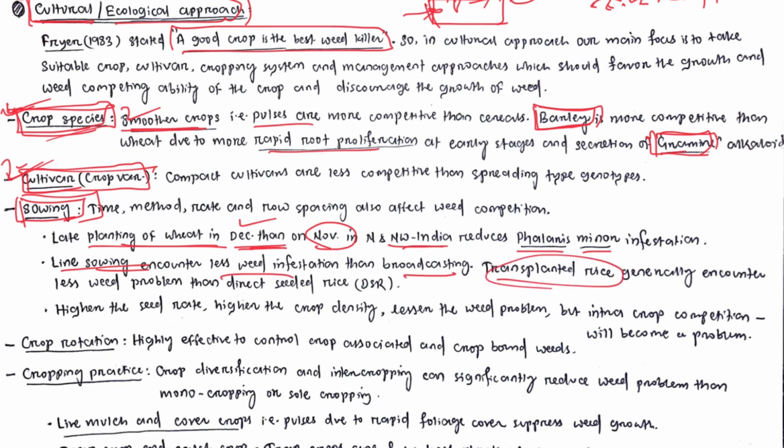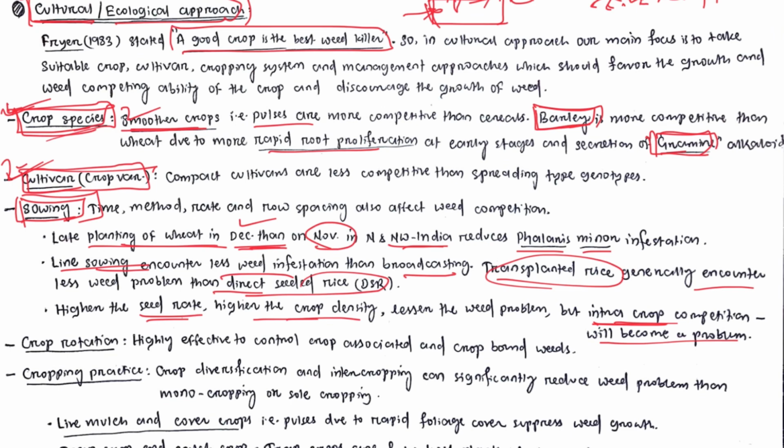Again, transplanted rice generally encounters less weed problem than direct seeded rice. Suppose we are doing direct seeded rice, then the weed growth is maximum. In transplanted rice, what happens? We waterlog or flood the field. So in that case, weed growth will be less. Then if the seed rate is higher, there is higher crop density, so it can suppress the weeds. But the problem here is that the intra plant competition or intra crop competition will be more, and the yield reduction